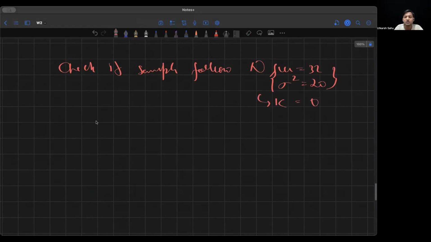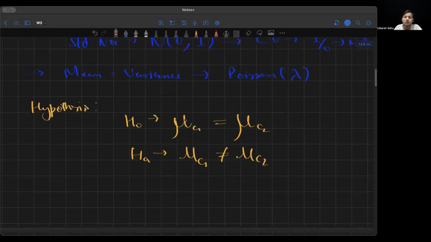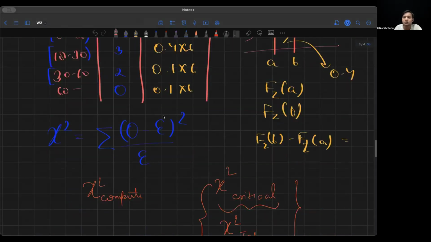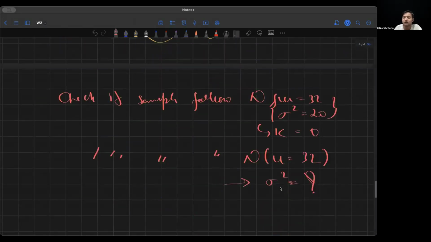But if I give you the same thing, check if the sample follows a normal distribution with mu equal to 32, but I don't give you sigma square, then in this case you will be estimating this sigma square. Why? Because without estimating this, you cannot find your probability. You won't be able to fill your table. Expected frequency you cannot fill without knowing this probability. So for that, you will first be estimating this. And when you estimate, your k is 1 because you are only estimating sigma square, not two parameters,